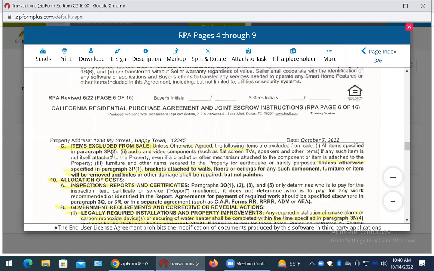And here's paragraph C, items excluded from the sale. Flat screens would be excluded. Now we have kind of a newer thing. Up in the grid section, you can check to include the brackets which hold TVs or speakers or anything like that. You can check to include them, but if you don't check it, then they're excluded, right? So the seller would remove those